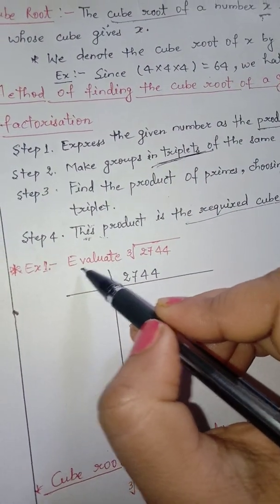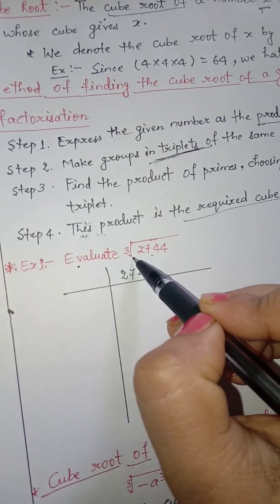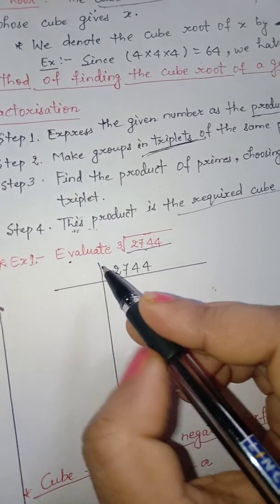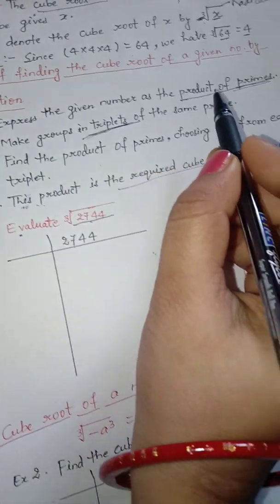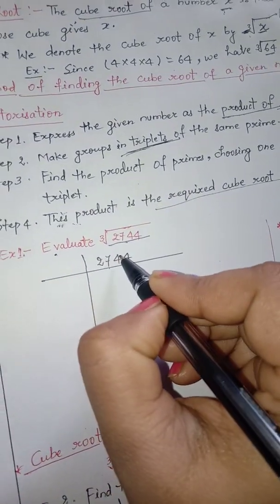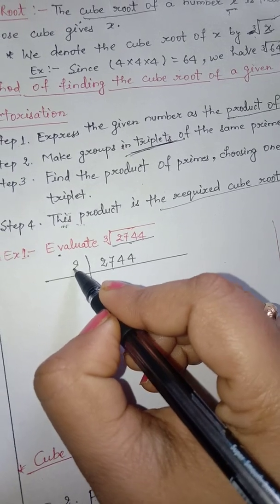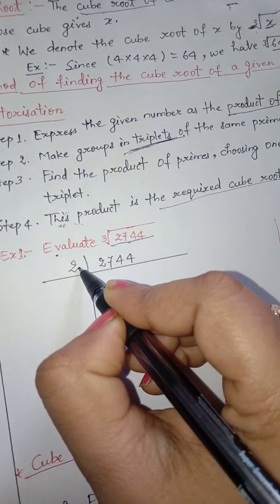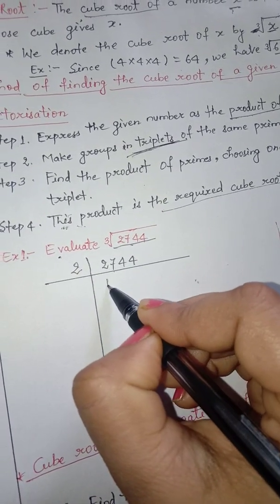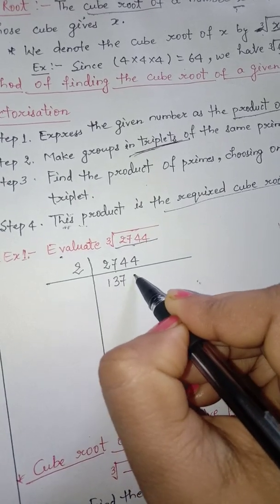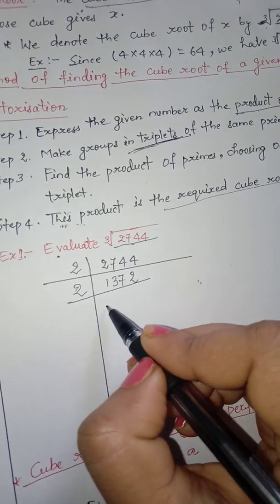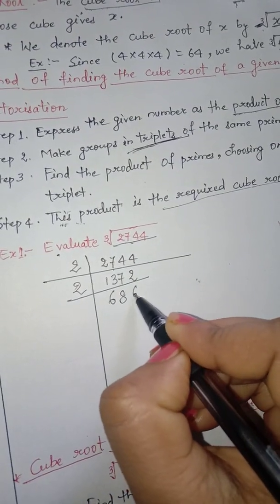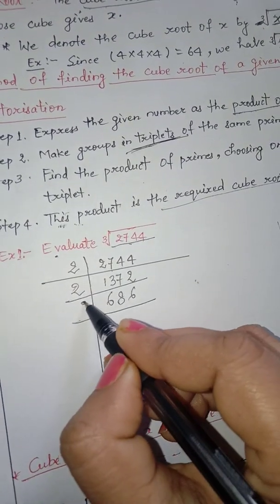Now example 1, evaluate the cube root of 2744. In the first step, express the given number as the product of primes. This is an even number, that's why we will divide it by 2. After dividing by 2 we will get 1372. Again it is divisible by 2, so by 2 we get 686. Again by 2 we will get